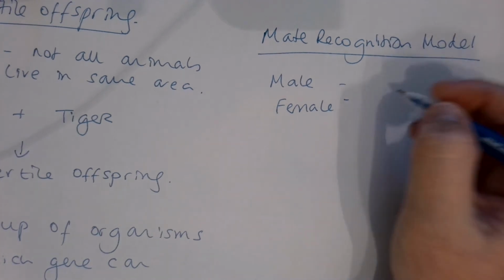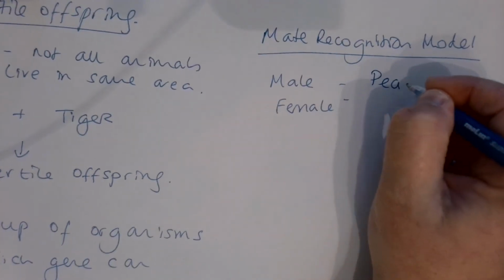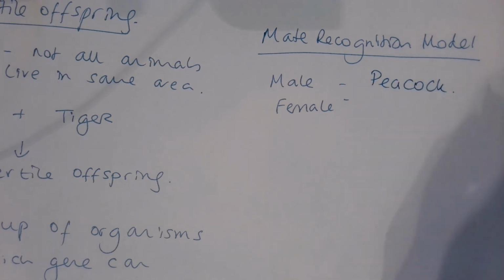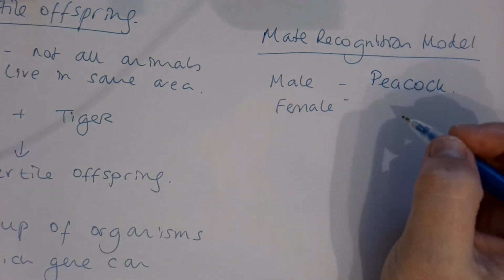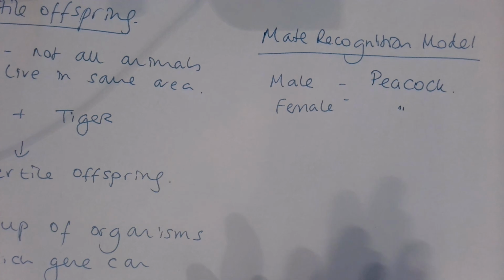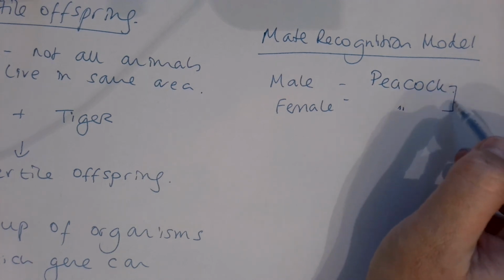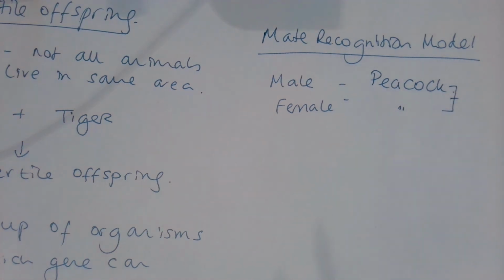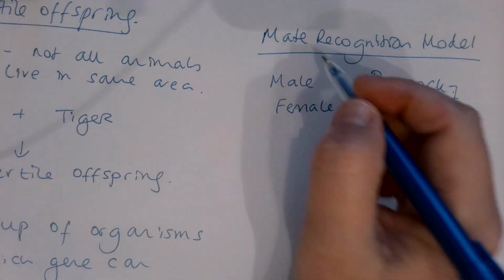They appear different. So if you think about the peacock, the male peacock is the beautiful bird with the very, very brightly coloured feathers, and if you actually looked at the female, she doesn't look anything like the male. She's very plain. She's very brown feathers, nothing really much to look at. But the reason we know they're the same species is because they recognise each other. They're able to mate, and they're able to produce fertile offspring.